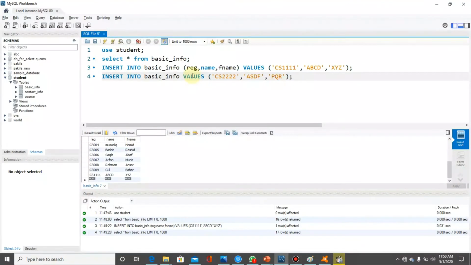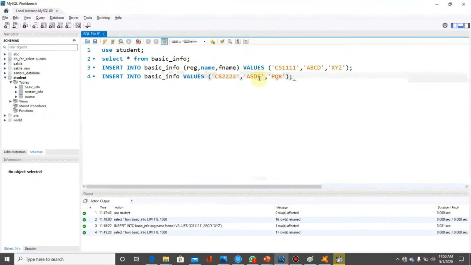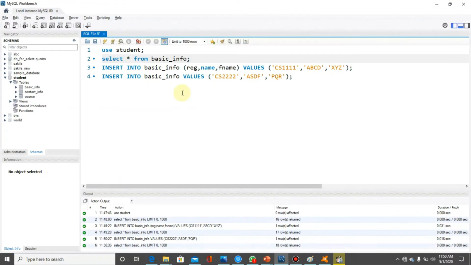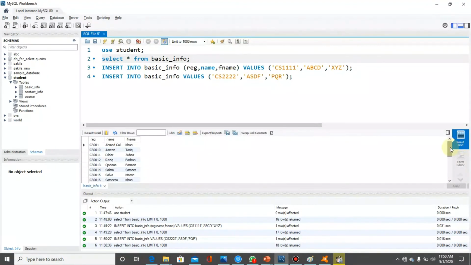So these three values will be inserted into basic info, and here we are not mentioning the attributes. So the query has been executed. Now let's check the contents by using the select statement, control enter. We got